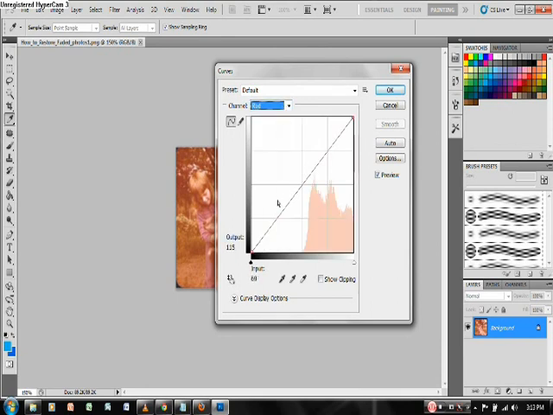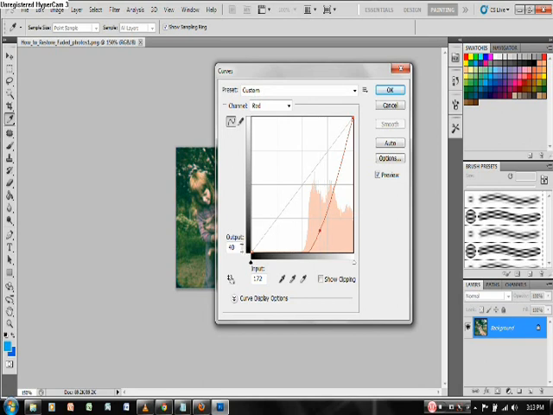In the red channel, we will click this line and adjust the curves to an output of 40 and an input of 172.